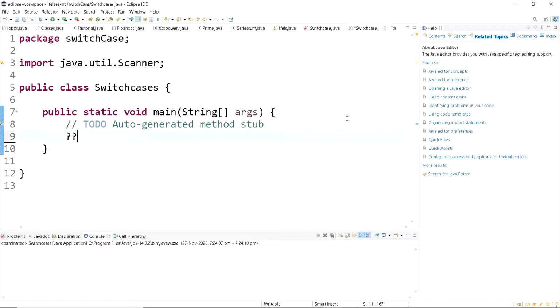So the first thing is taking user inputs. Firstly, we'll import the scanner class.